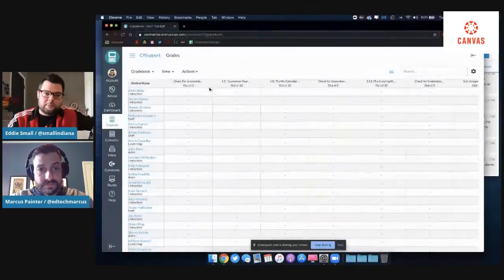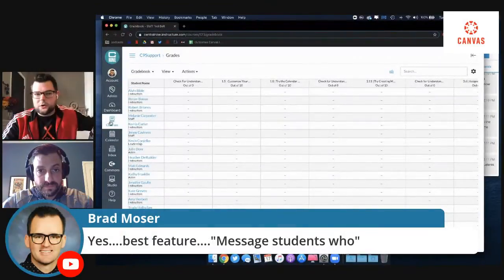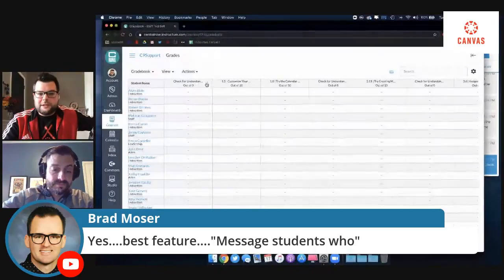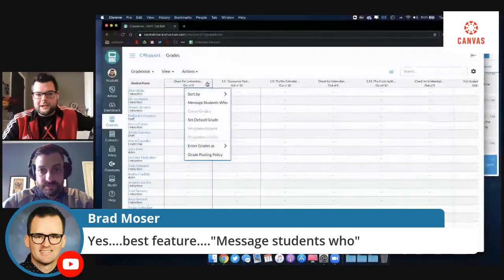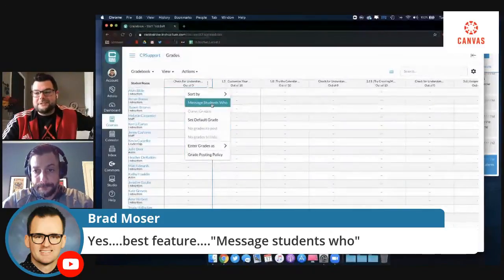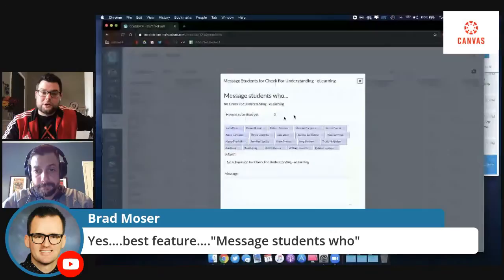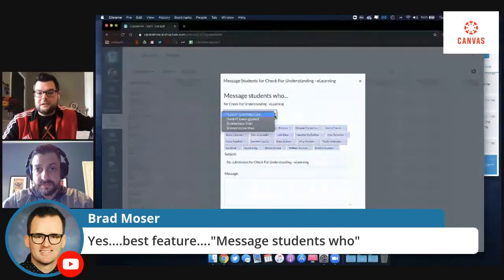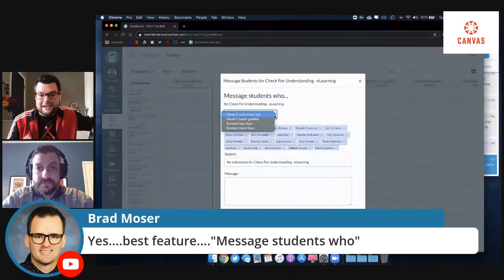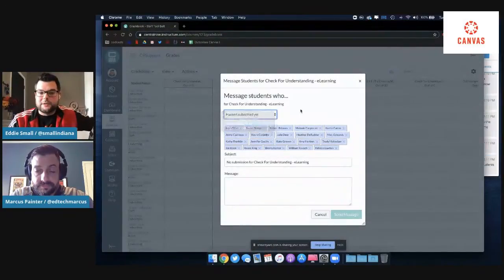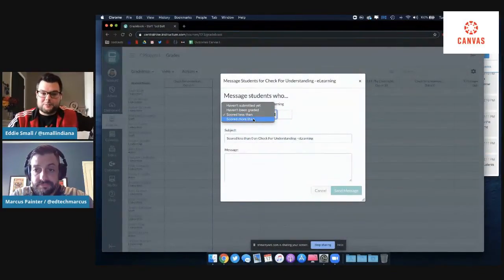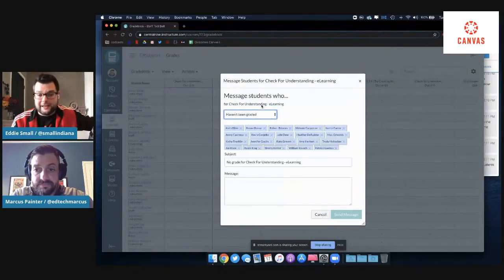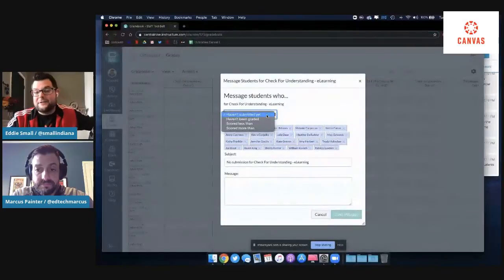So, Message Students Who in the gradebook. Under courses, find your gradebook. The three option dots, your assignment menu, are right next to your assignment titles. You'll find Message Students Who, which is a really cool feature that allows you to message students who haven't submitted yet, who haven't been graded yet, or who scored less than or more than a specific amount on that assignment. So if you know, hey, I've got 10 kids in here that haven't submitted this assignment, it's probably a good idea to send them a message and let them know, hey, I have not received those.